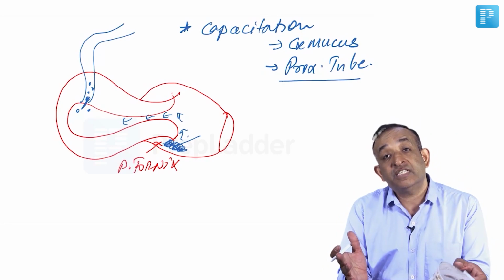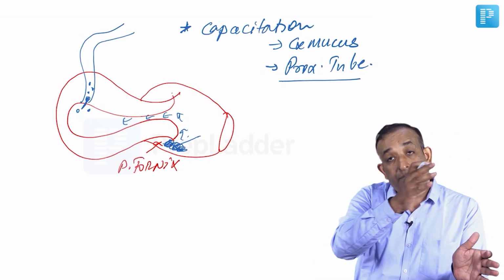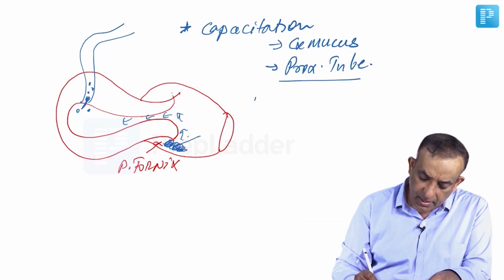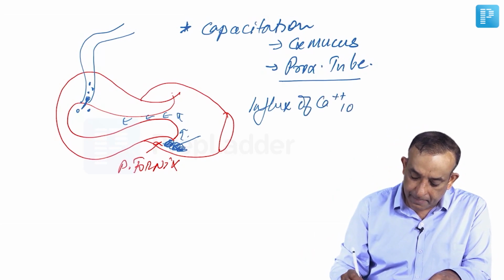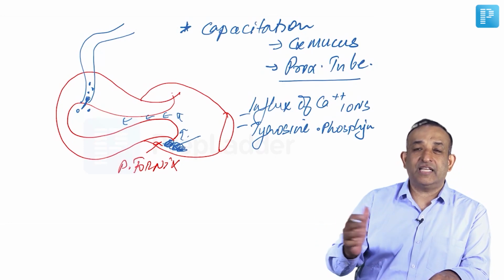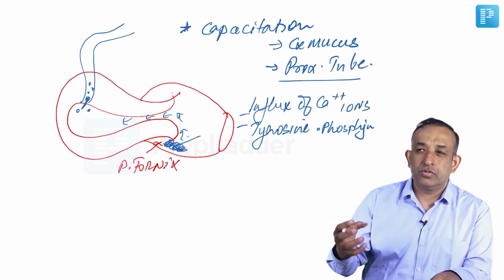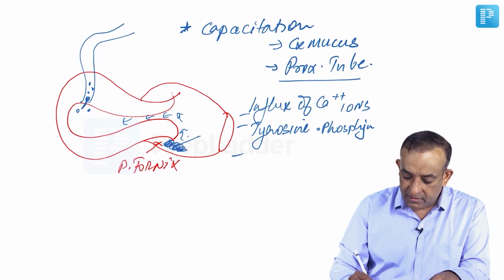Capacitation is the preparing of the sperms for the purpose of fertilization, that is, the sperms getting into the oocyte. So, what is happening here? There is influx of the calcium ions, and then there is the tyrosine phosphorylation, that is basically attaching of the phosphate bond, and you know that that's happening only when there is presence of ATP. So, the energy, the process of getting energy to move, that is what is the tyrosine phosphorylation, and then